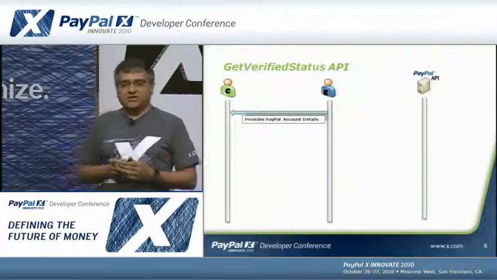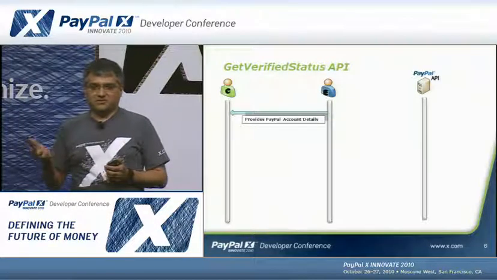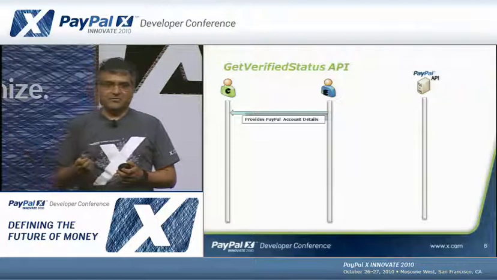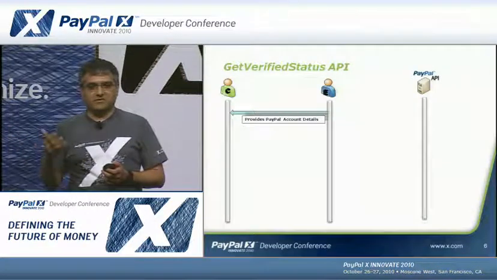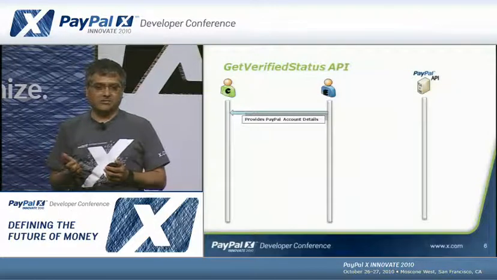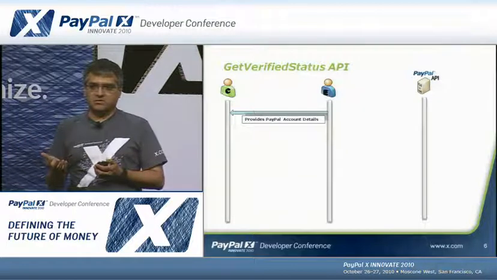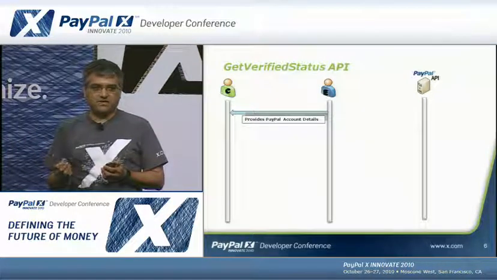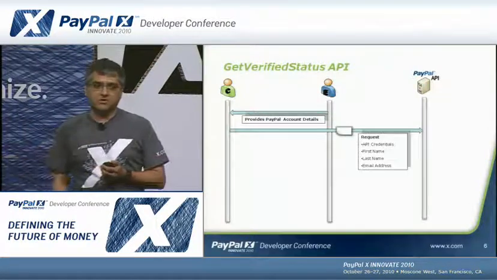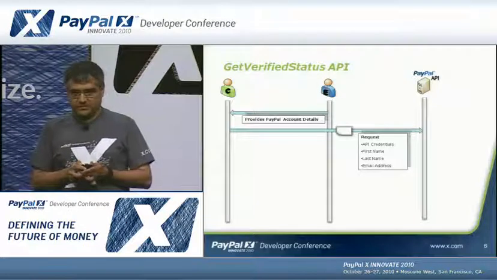Let me do that now. The reason being, we did not want to make this API a phisher's dream come true. We didn't want them to target emails for which there are verified PayPal accounts and send them targeted phishing emails or something like that. So we want you to know a little bit about this end user before you can call this API. So we're saying this person is doing business with you. You must know their first name, last name, and email address. And if you get all 3 details right, you pass them to us as part of the request, along with your API credentials, of course.